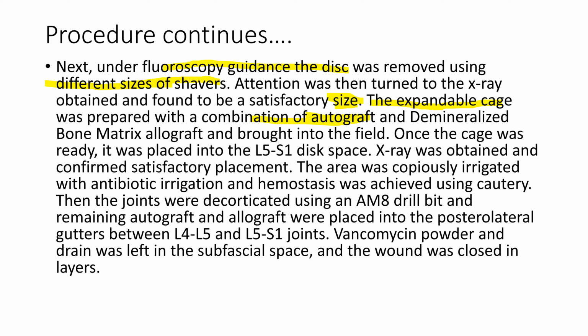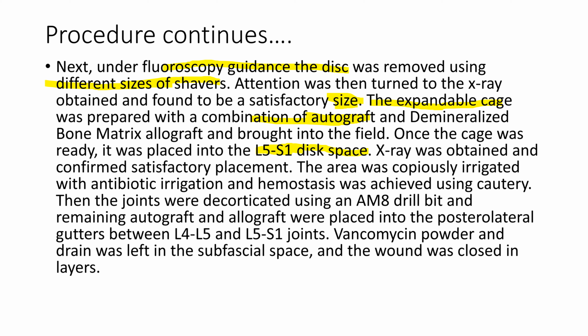They mix it together and brought it into the field. So they're using autograft, allograft for the insertion of the cage. They mix it and they insert it in the disc with the cage, which is an interbody fusion device. So if you keep reading, when the cage was ready, it was placed into the lumbar 5, sacral 1, disc